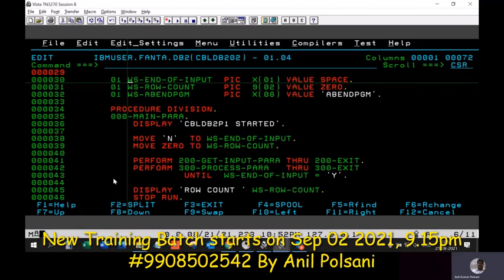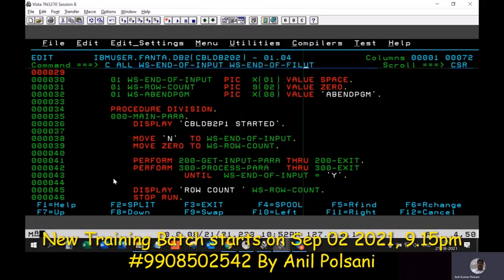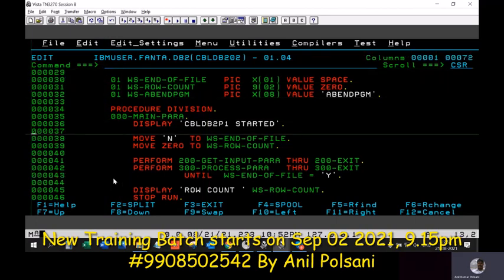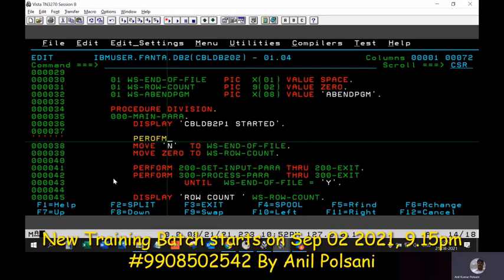End of input, no, it's now end of file, but we'll change all the inputs to that. We need our initial para: perform 100-initial-para thru 100-exit.